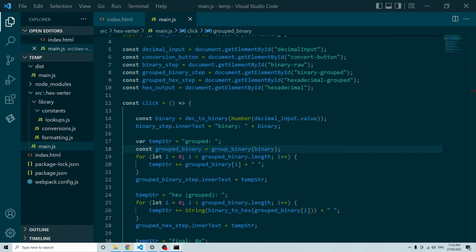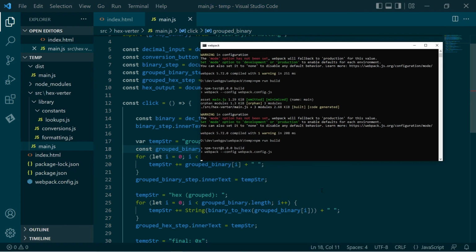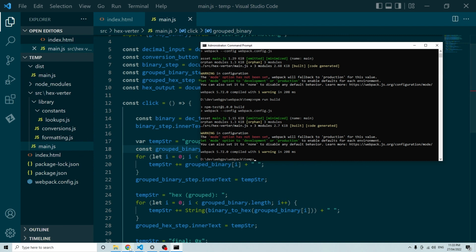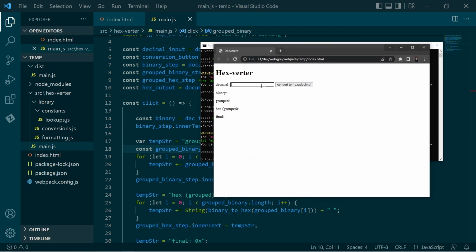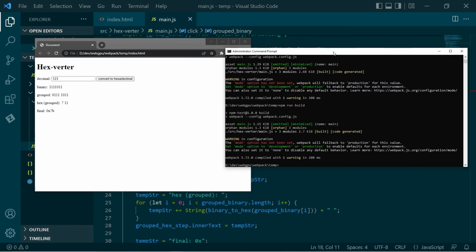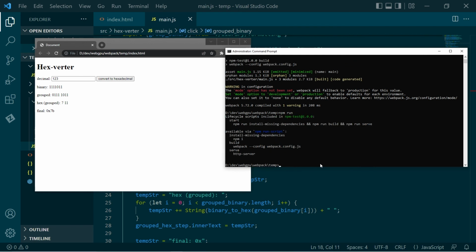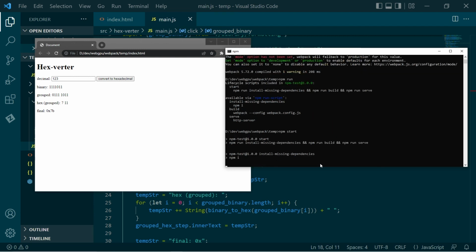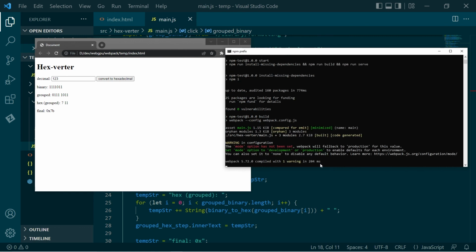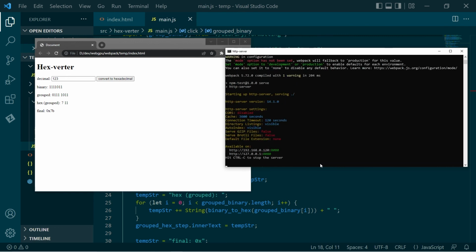So we can go back, build it, it works, it's all good. Now reload the web page, 1, 2, 3, and it's working just the same as it was before. Now, just to confirm, we can run the full thing. So we can go npm start. That installs any packages, or really just checks that we've got them. Then it does the Webpack stuff, and then it starts the server. So we can grab this,